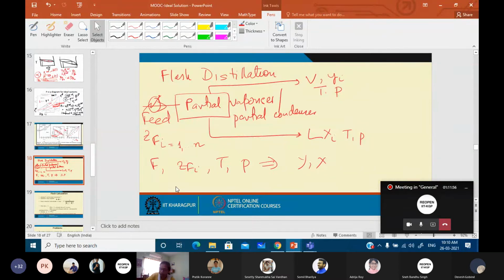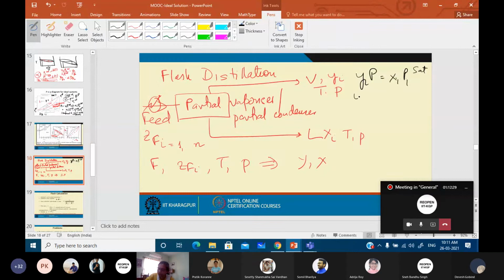Whatever you do, the starting point is simply the Raoult's law. Normally, if you are operating at low to moderate pressures, then Raoult's law is fine. We do not have to go to the Lewis-Randall rule. We start from this particular case and we find out X's and Y's from all these things. Can you tell me the procedure? Just to summarize the procedure, you know this equation is known to you, okay, for each and every component.